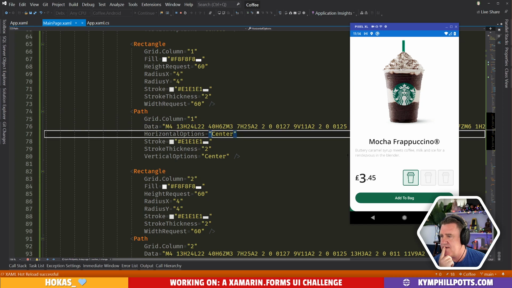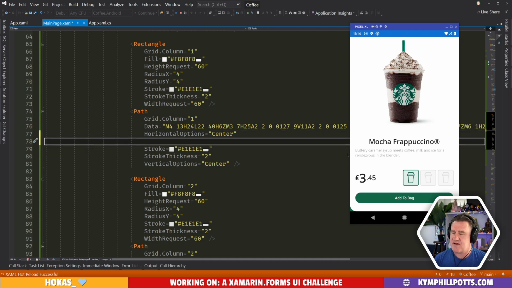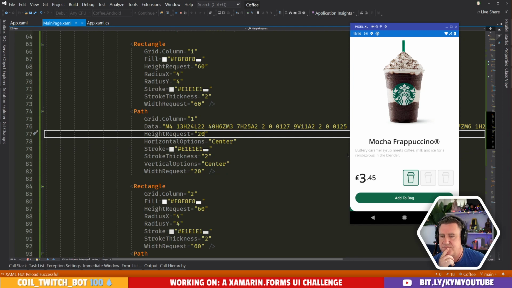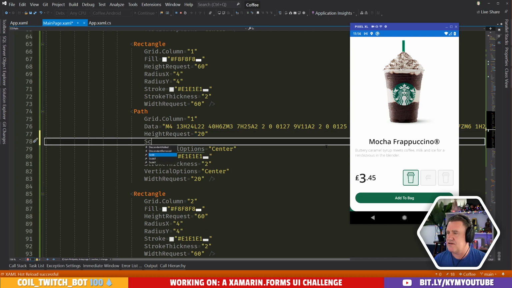Now the question here is, when I resize this, I say width request of 20 and a height request of 20. It seems to be cropping. I wonder if there is a scale.